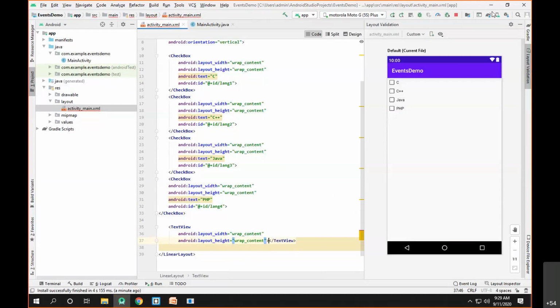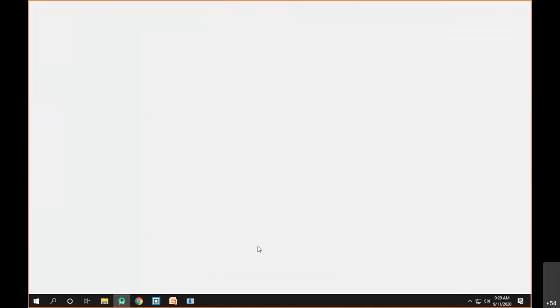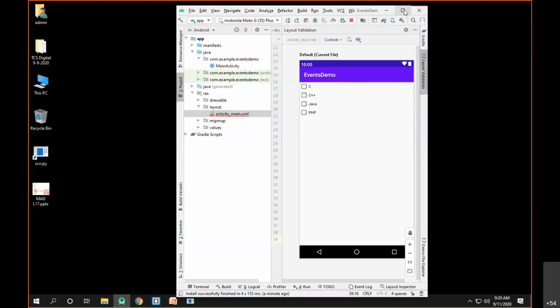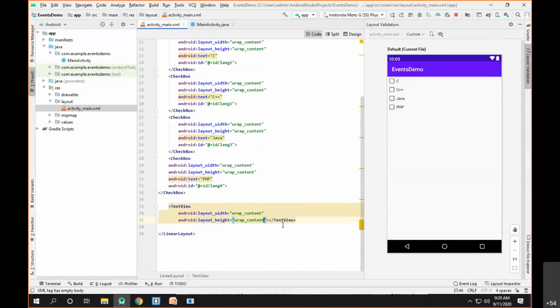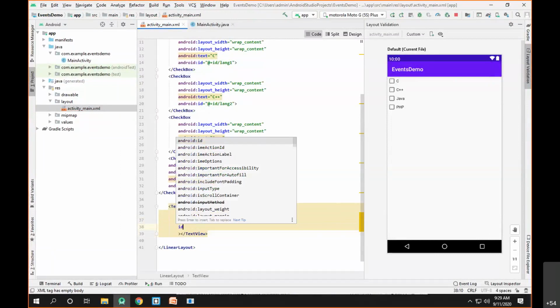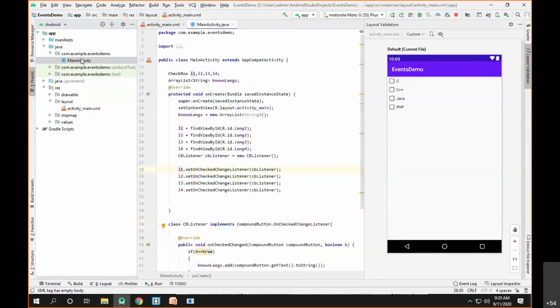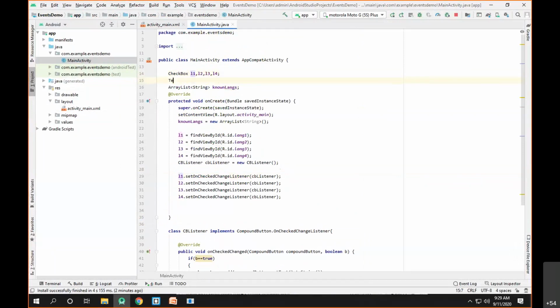Text view. And this particular text view will have an ID. We'll map this particular text view in our Java file by creating an object of type TextView.